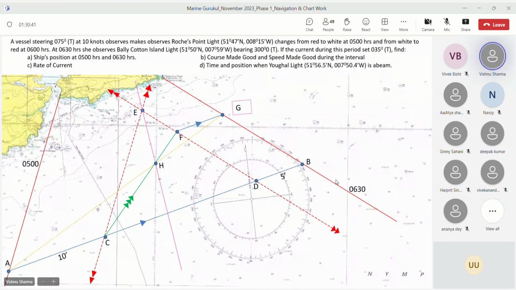Yes, beta, and we have drawn this line. We can extend it as much as we need. No problems. Now we draw the second PL, the 6 o'clock PL. This is the 6 o'clock PL which has come. Now where this 6 o'clock PL cuts the EH line, that is the fix at 6 o'clock. I have used the first circle now. I have not used any circle until now. Please pay attention. I am only circling the fix. So we get the 6 o'clock fix.